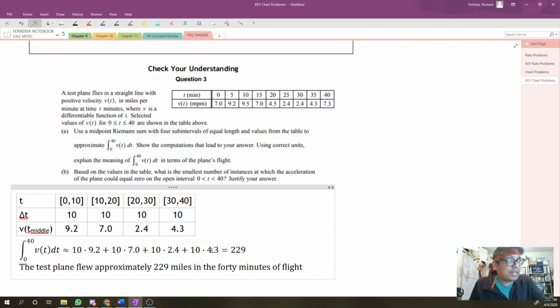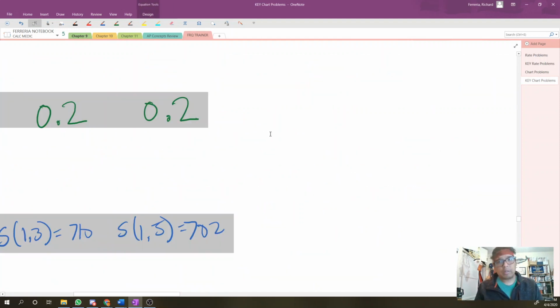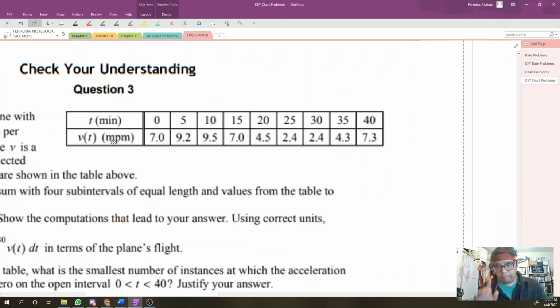Part B here says that based on the values in the table, and I'm going to blow up this table, what's the smallest number of times that our acceleration is going to be 0? And since the acceleration is the derivative of velocity, I know you all know that, but it's important to think about that. Since the acceleration is the derivative of velocity, acceleration will be 0 when